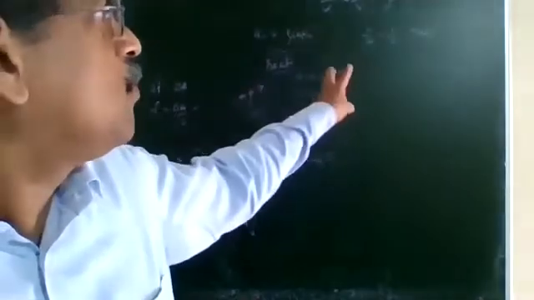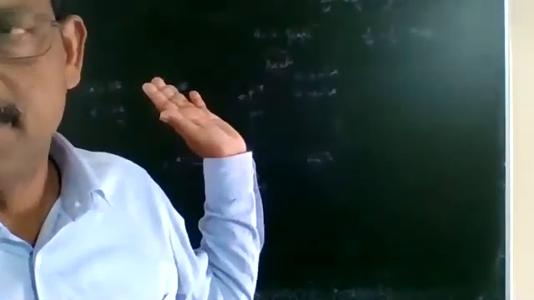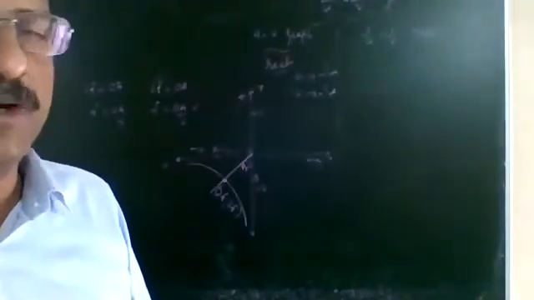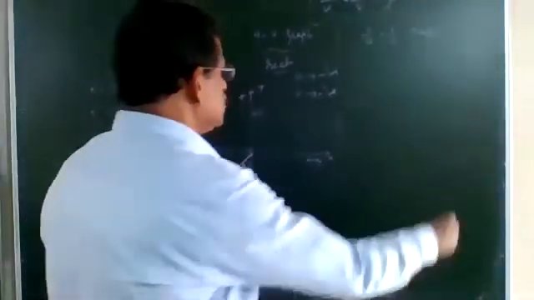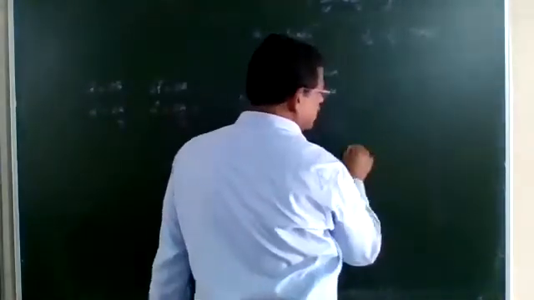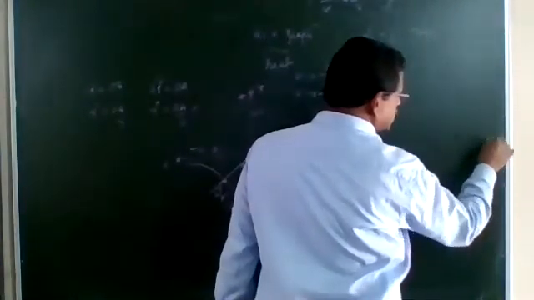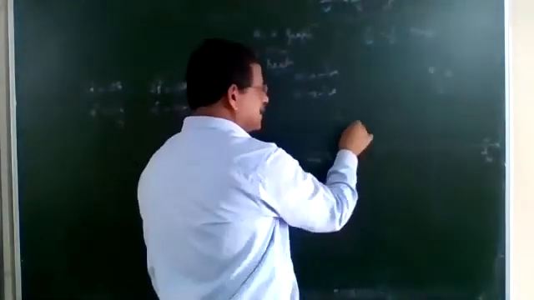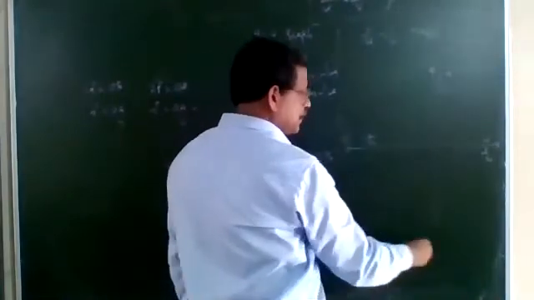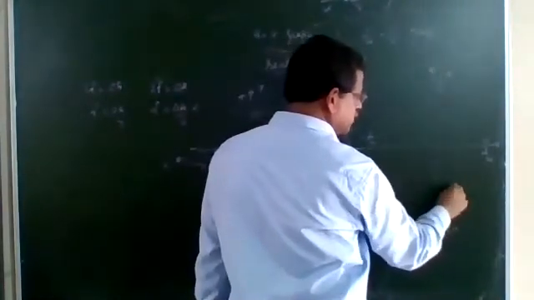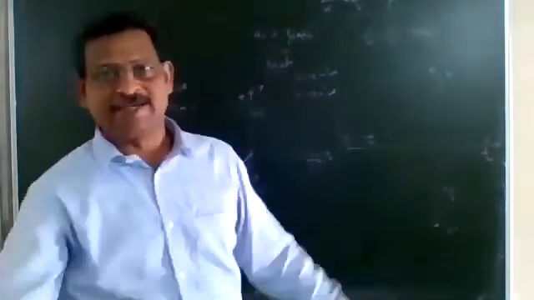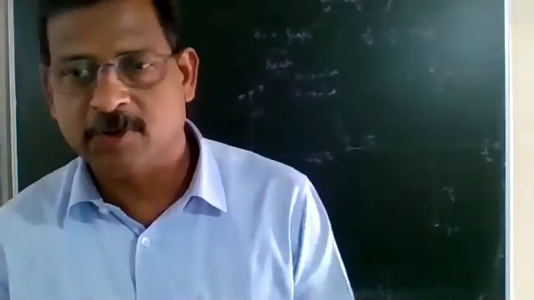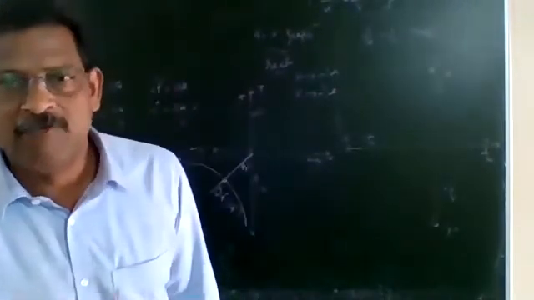Then what is the shape of the 1 by u, 1 by v graph? Take the reciprocal of u and v and calculate. The graph shape is very important. It will be a straight line. Again the same type of sign convention we are using: on the x axis we plot minus 1 by u, and on the y axis we plot minus 1 by v. The graph will be a straight line.